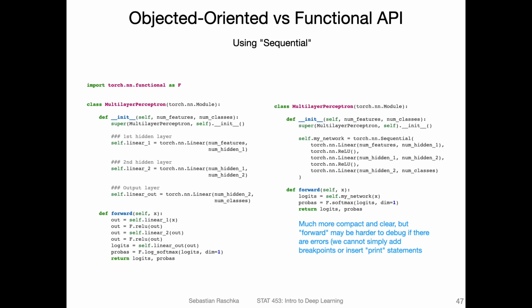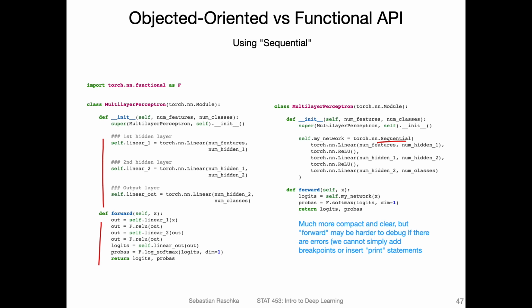And where does it matter? Like I showed you before, on the left-hand side is again the implementation where I created the weight layers, and then I'm using them in the forward pass. However, there is something that is more convenient. It's the so-called Sequential class. The Sequential class executes things in order. So you can see here my forward method on the right-hand side is much shorter than on the left-hand side.